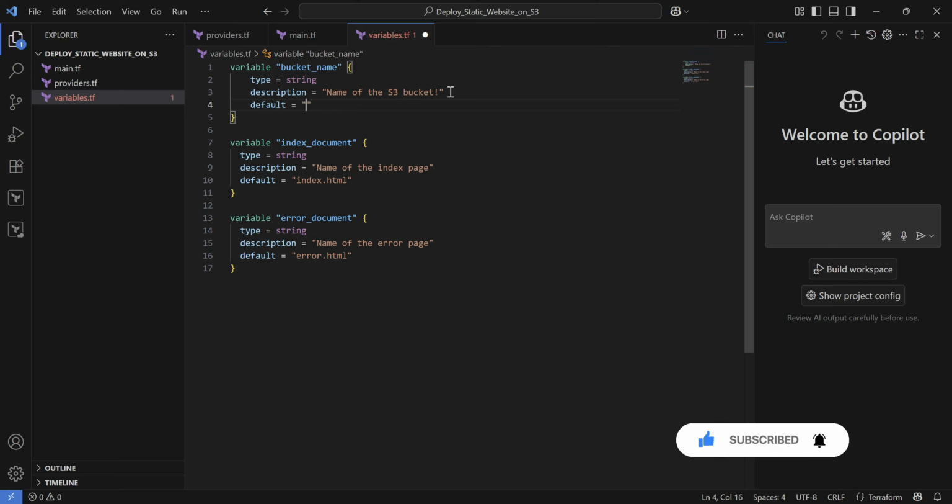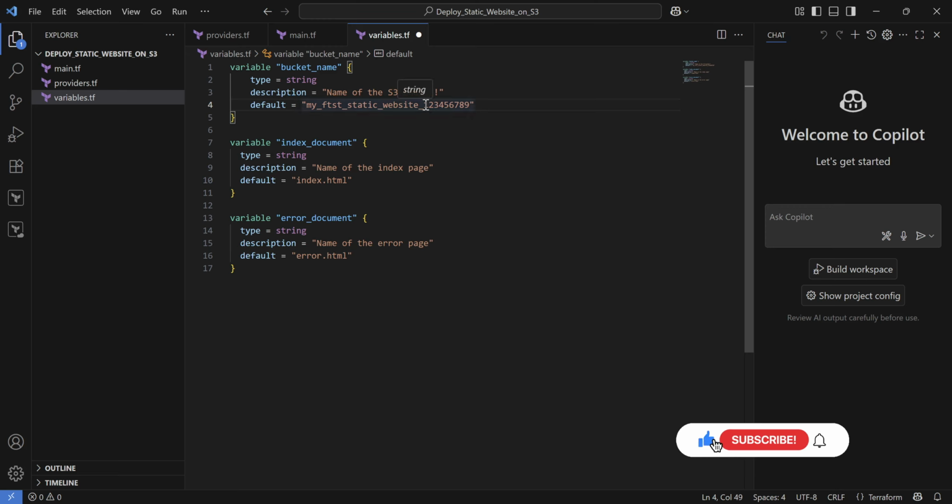We can say default is my first static website, and we have to make sure that our bucket name is unique, otherwise it will throw an error.